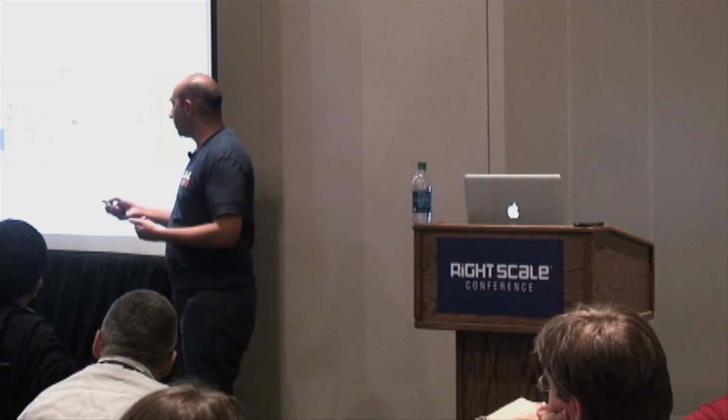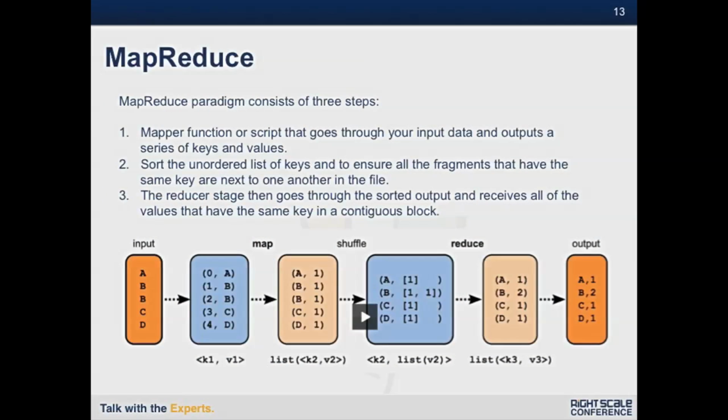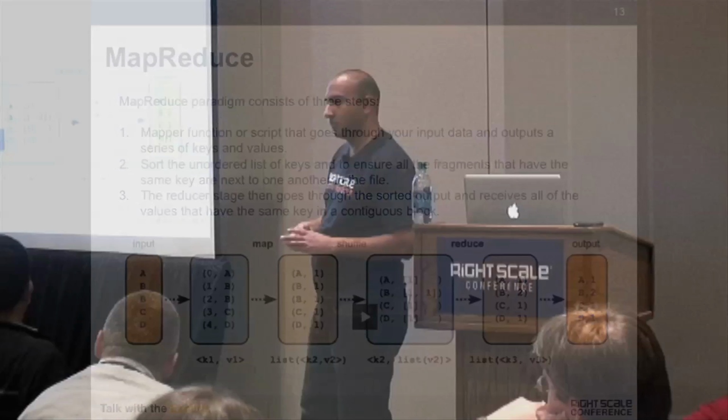In that I can go through here and run a function and say, for every A, just put them out into a list. For every B, put them out into a list. And after that, we come through and let's just go ahead and sum across that. What we end up with is our word count.